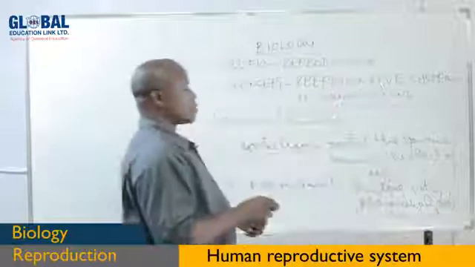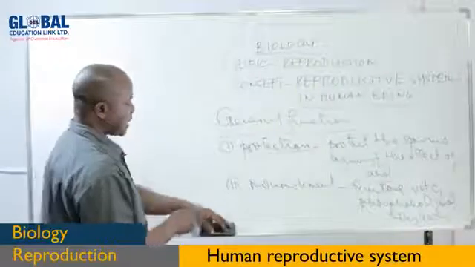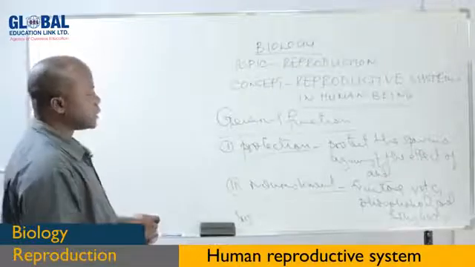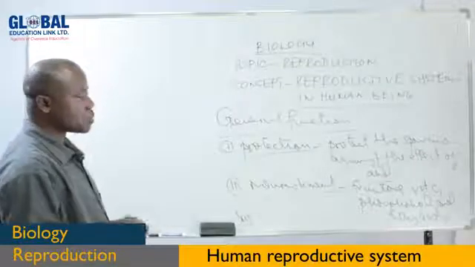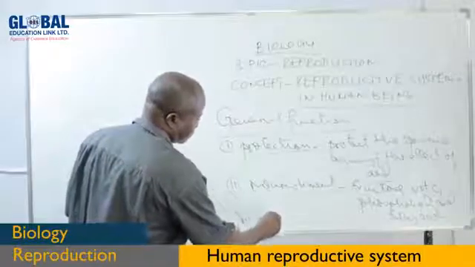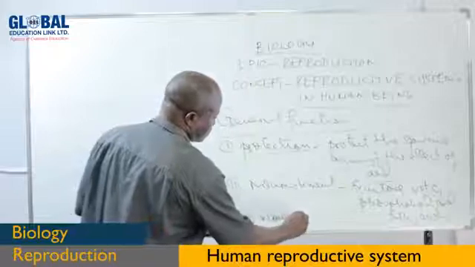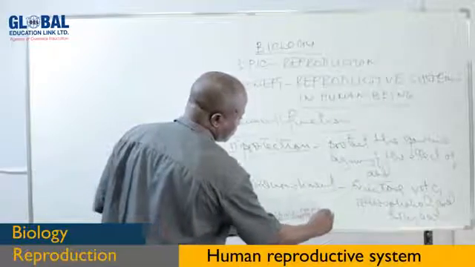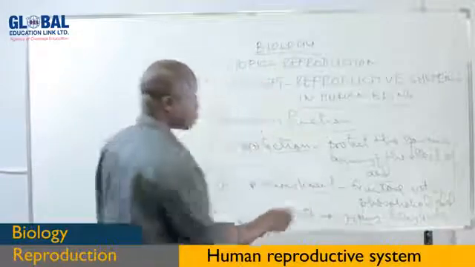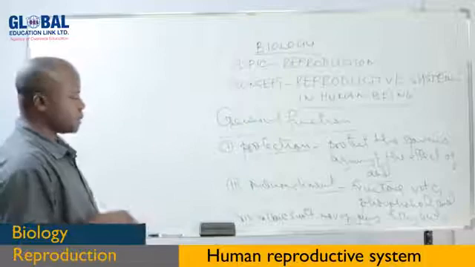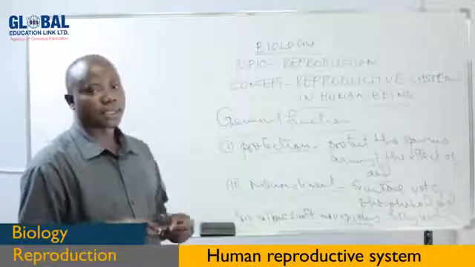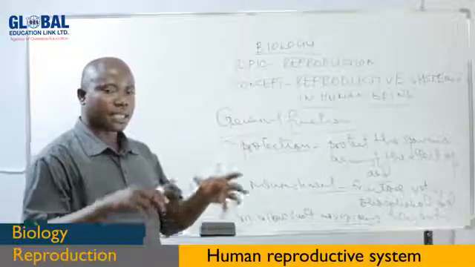These are there to nourish the spermatozoa. And finally, the fluid produced by these accessory glands allows swift movement of the sperms. It means they allow motility of the sperm to take place so easily within the female